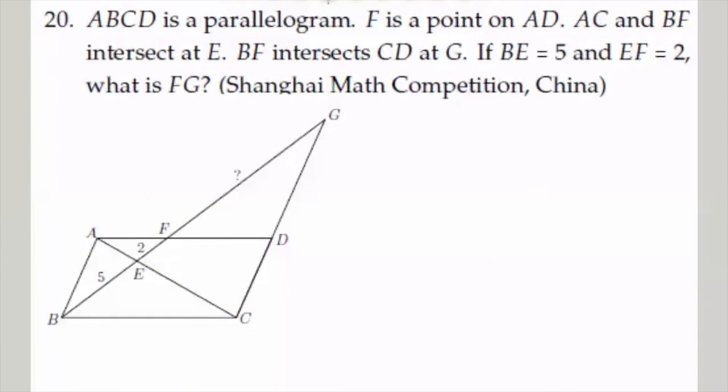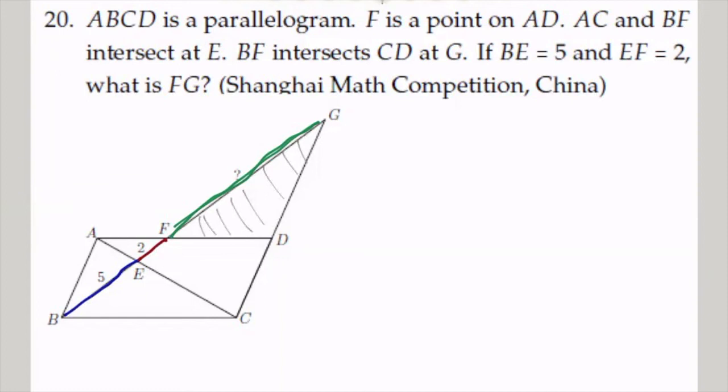Problem 20. ABCD is a parallelogram. We have some points. We have BE is 5. We have EF is 2. And we want to know FG, right? We see that there are many similar triangles. For example, this one,